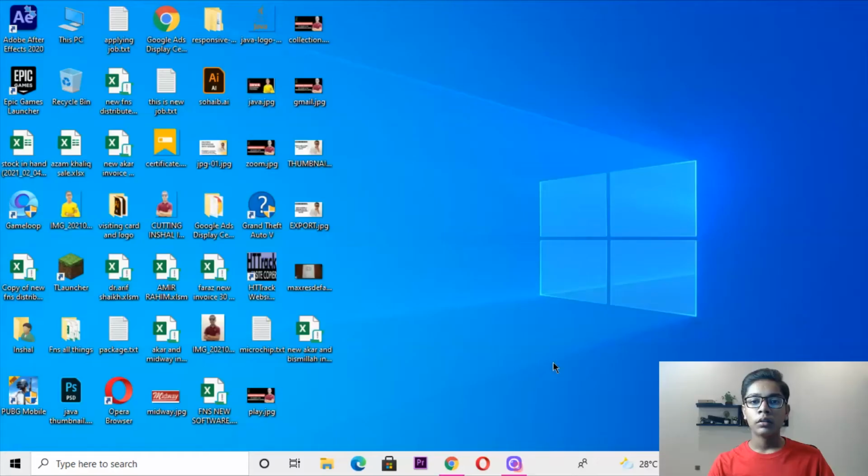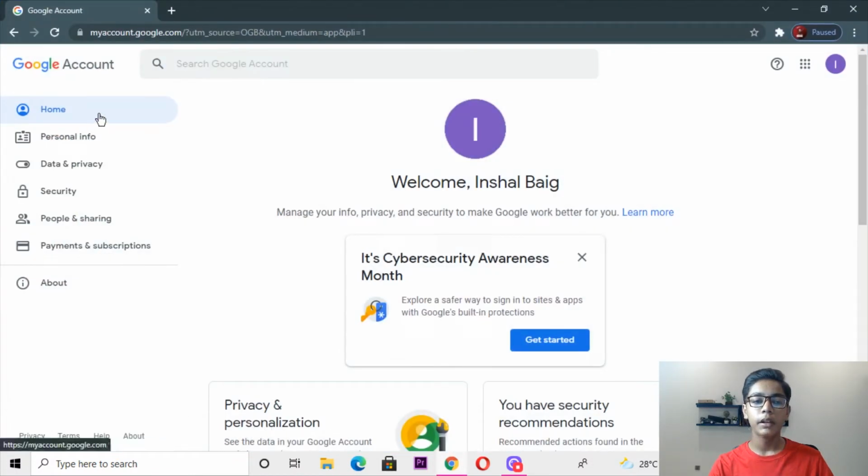So now we will be starting with our project. As I'm telling you, we will be building our own manage account section in Java. But before starting the project, I want to show you how our manage account looks, because it is a front page. I'll open my Google Chrome, and you can see there it is, our Google manage account section.